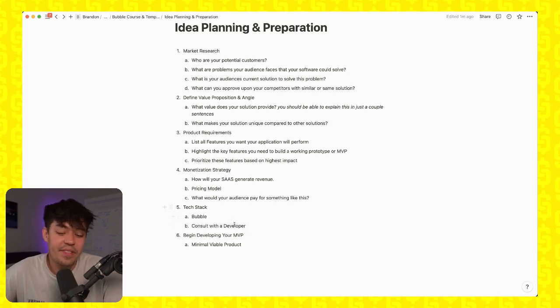And then finally, once you get all this done, you will begin building your MVP or minimal viable product, which we will be talking about exactly how to prepare for development and building your MVP in the next couple of